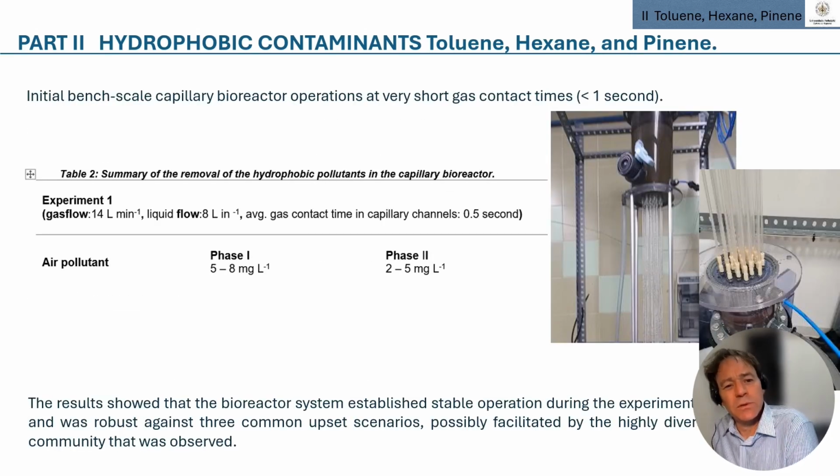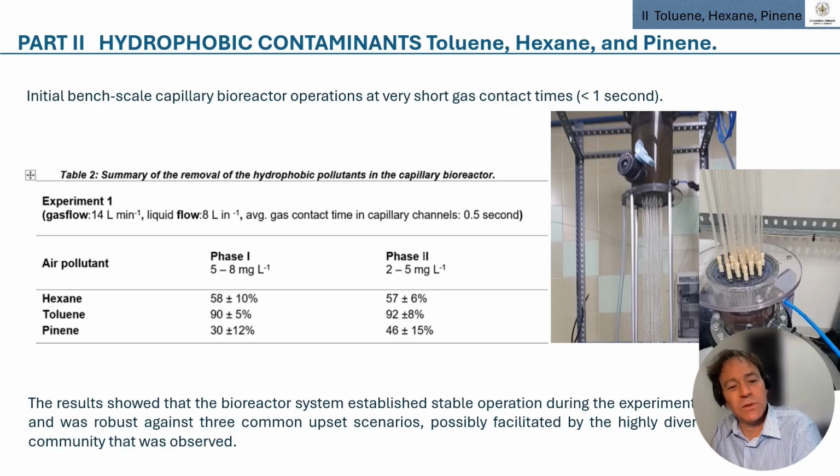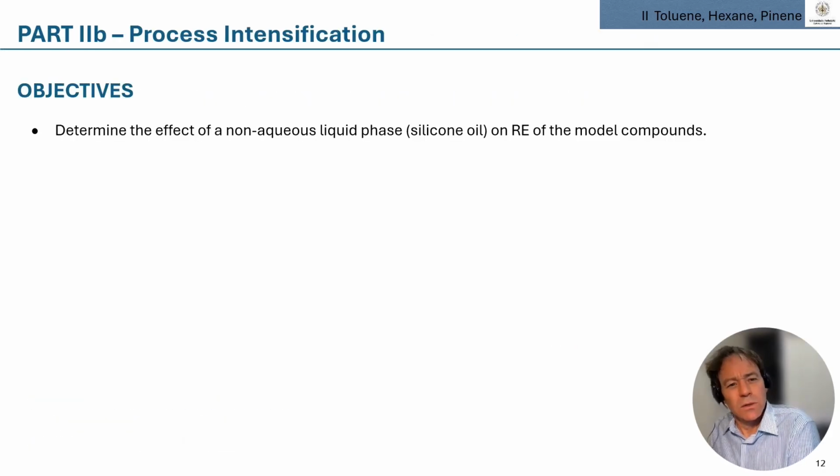So here are some of the initial results. Operated at a very short contact time, less than 1 second, we were able to obtain with these kinds of inlet concentrations hexane removals of about 50-60%, toluene 90%, and pinene around 40%. But very robust, tested against some common upset scenarios, and showed really good performance. So that was nice, but we also wanted to see if we can enhance that. And silicone oil was applied here